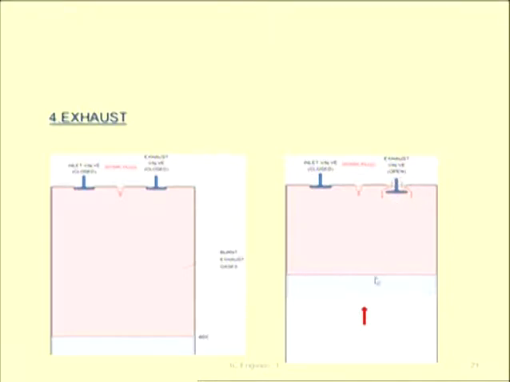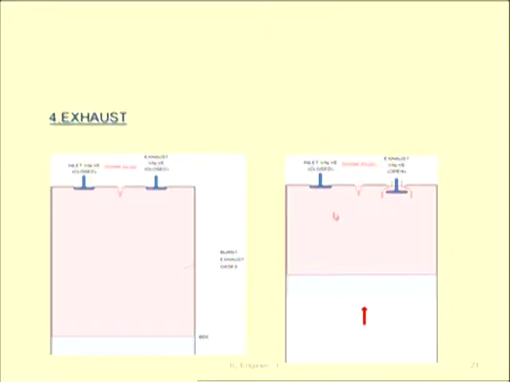When the valve is open and the piston is moving up, the piston is pushing the flue gases into the atmosphere. The flue gases will go out until the piston reaches top dead center. Now, after all four strokes, suction, compression, expansion and power, I am repeating the piston movement: